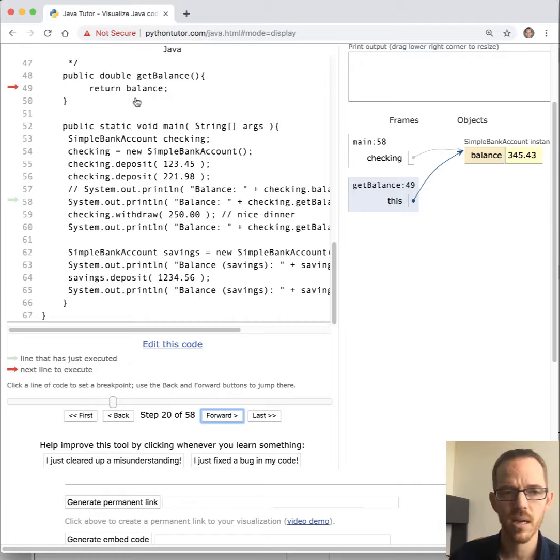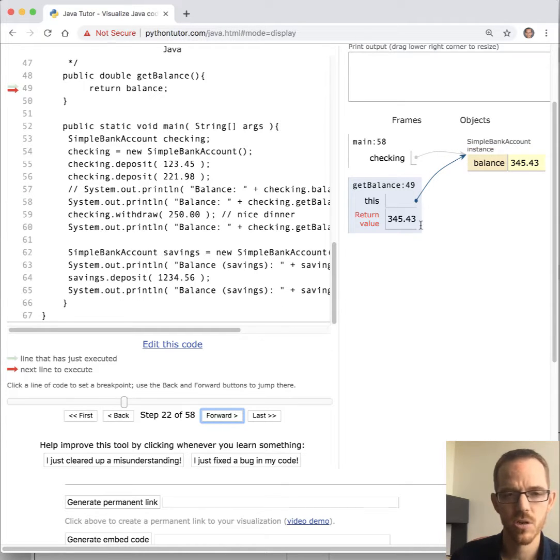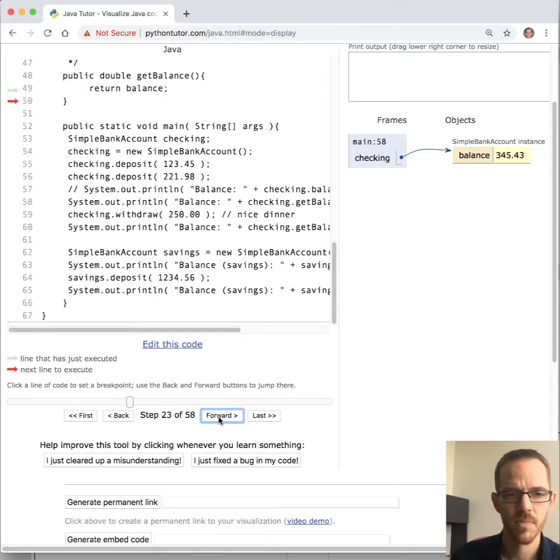So first we call getBalance, and it's just going to retrieve the balance from our checking object, and then it returns this double, which gets concatenated with this string literal here, and then it's displayed. So sure enough, balance 345.43. There we go.